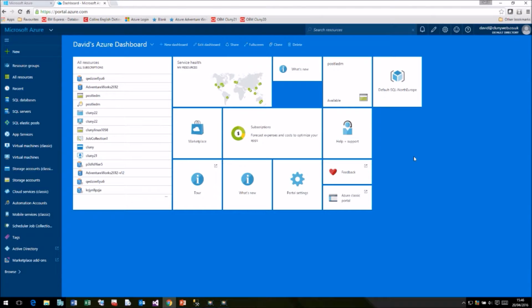But slightly confusingly, there are some features which are still only available in the old portal and haven't made it in here yet, one of which is in the SQL Server side. Microsoft obviously offer more than just SQL databases. You can have application servers, virtual machines, you can create storage accounts for holding data and tables, you can create